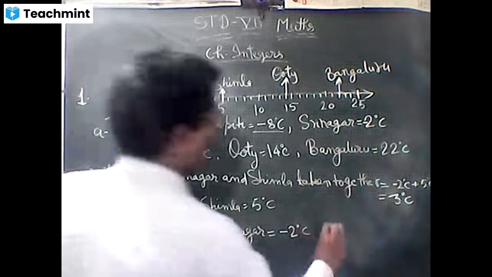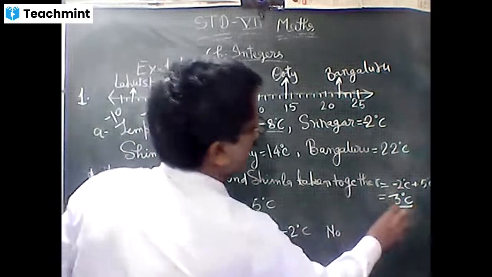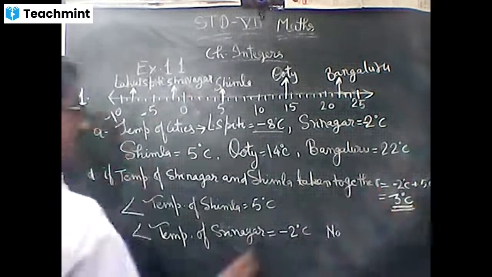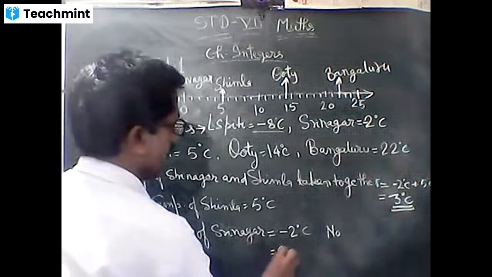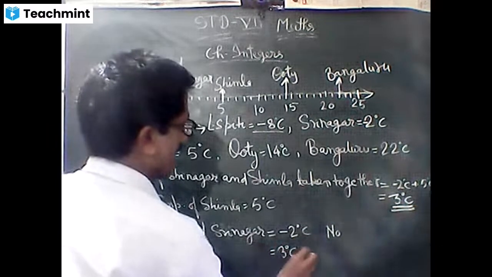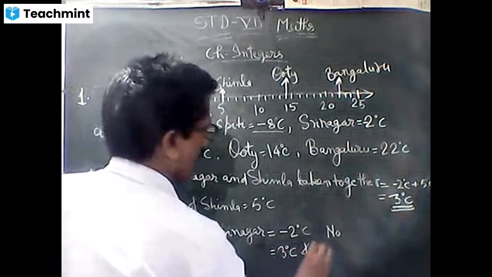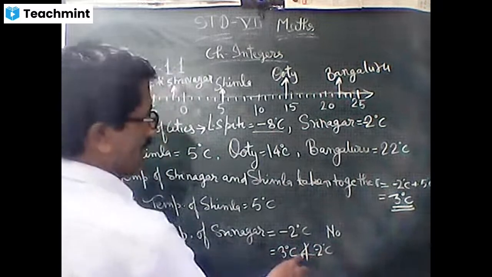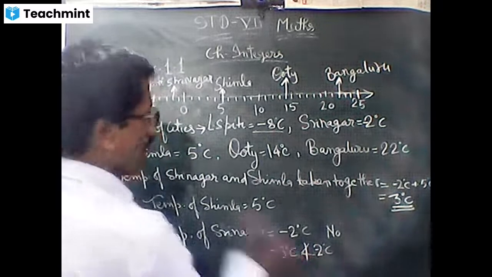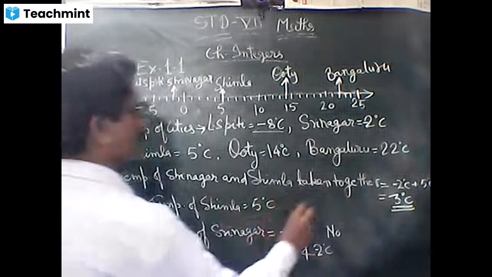इसका भी आंसर होगा no. The added temperature is 3 degree centigrade and this is our -2 degree centigrade. So 3 degree centigrade is not smaller than -2 degree centigrade. Not smaller. It is the sign of not smaller. और यहां भी इसी तरह लिख सकते हैं